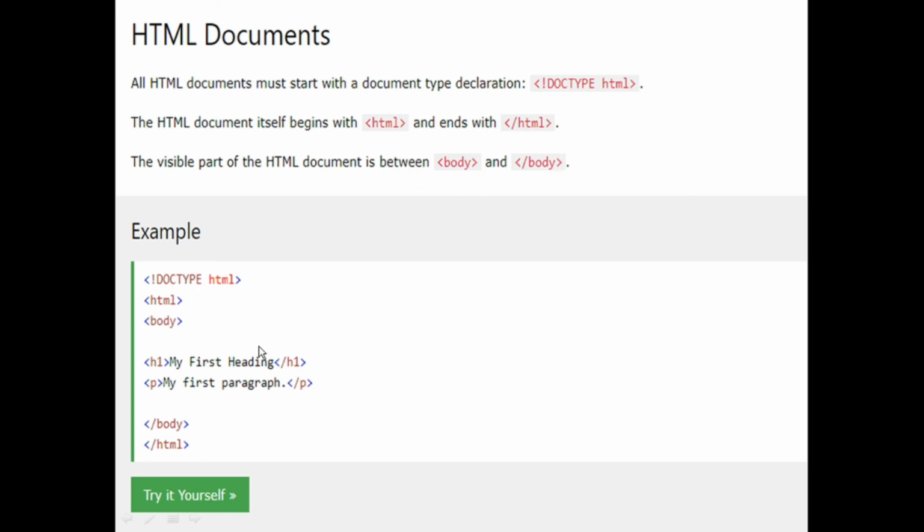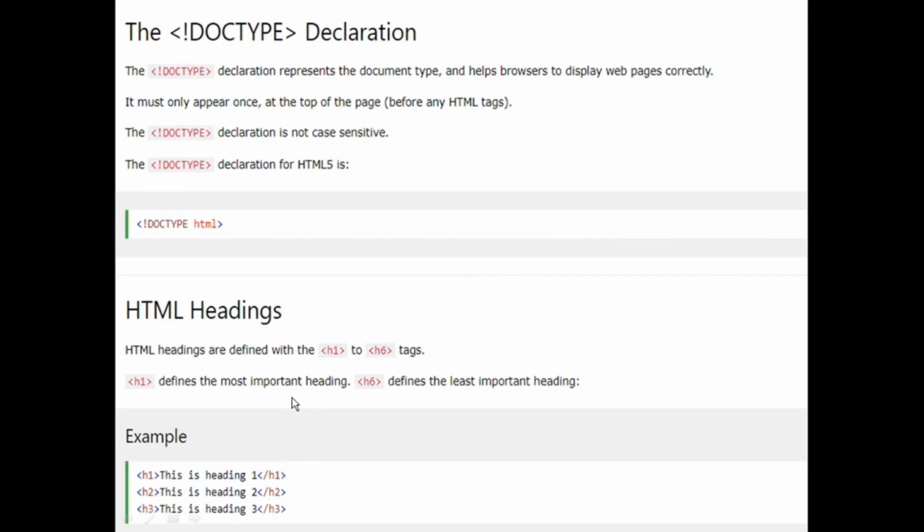Here you can see doctype is there, then it starts with html and closes with slash html. They have skipped the head element, which you can do if you have a very simple document. And in the body element you have two elements here, that is H1 and P. This will be printed as a heading, and this will be printed as a paragraph.